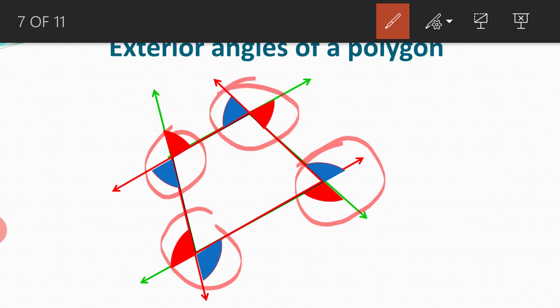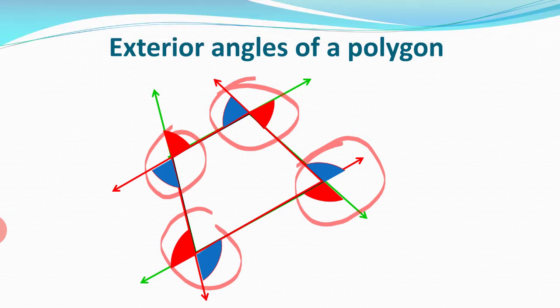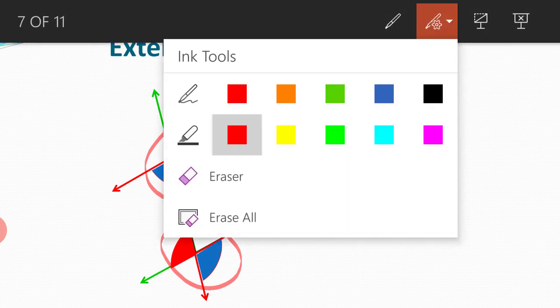So what we say, we have four exterior angles for a quadrilateral, and drawn in how many ways? Two ways. Similarly, for a pentagon, how many exterior angles will be there? 5. For a hexagon, how many exterior angles? 6. And when will you get exterior angles? When you produce the side, when you extend the side of a polygon. Is it clear, children? So now let us go for